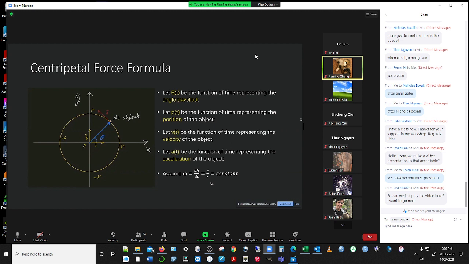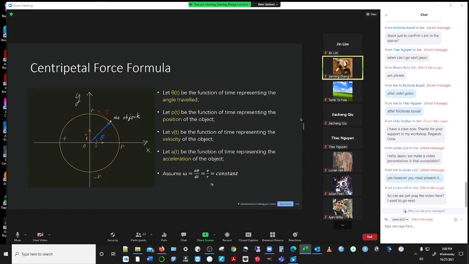Then we can have the function of theta, which is the angle traveled, the function of p, which is the position of this object, represented in x and y, the function of v, which is the velocity of the object, and the function a,